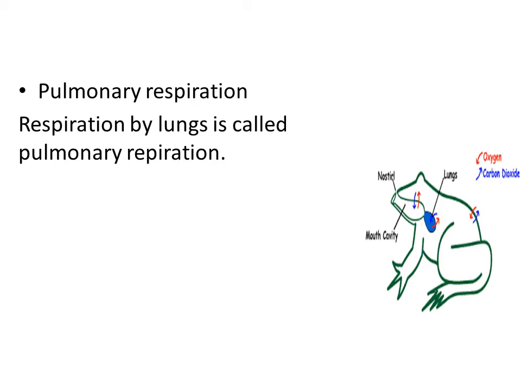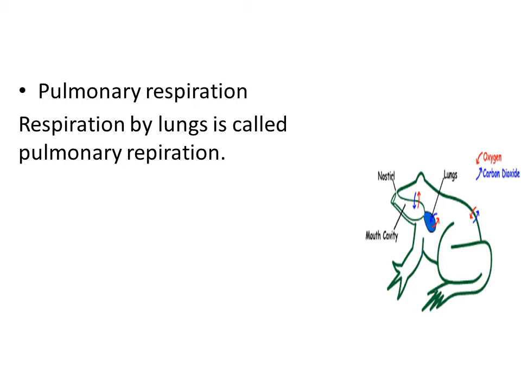That means in the extreme summer and in extreme winter, we can't see the frog outside. Clear? So why can't we observe them in the extremes of environmental condition? Because in order to survive, they undergo sleep. So they undergo summer sleep as well as winter sleep in extremes of environmental condition.